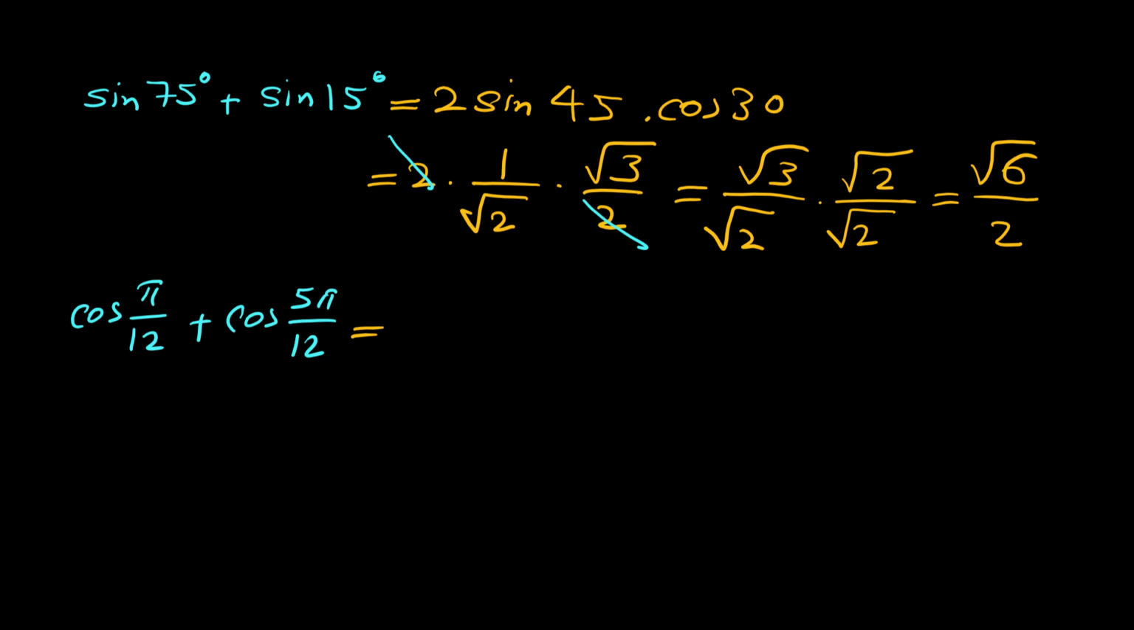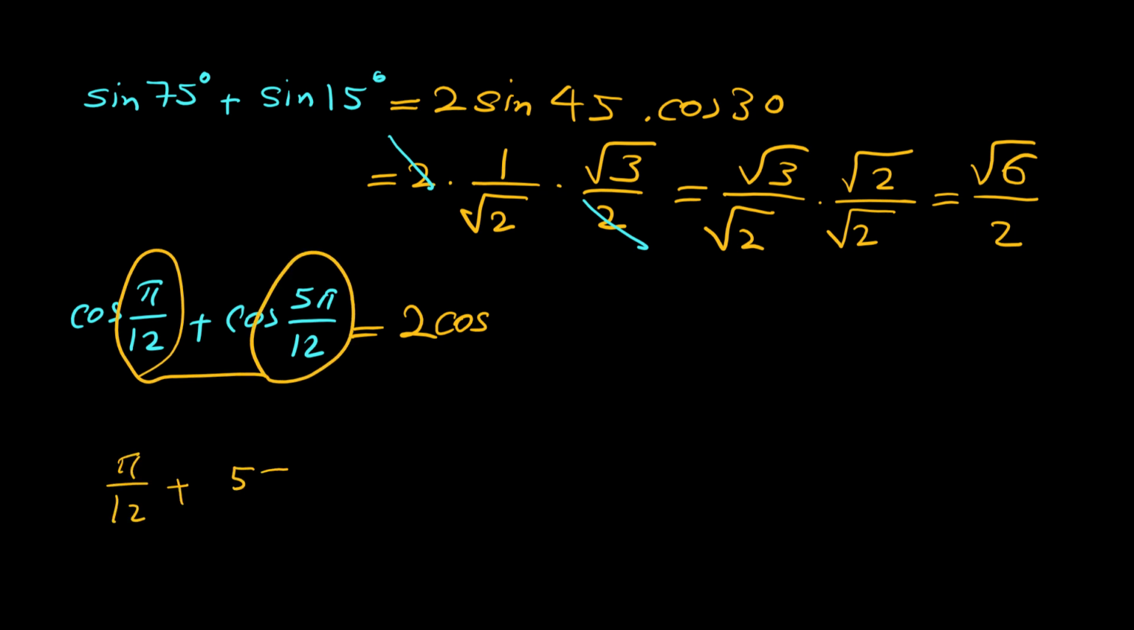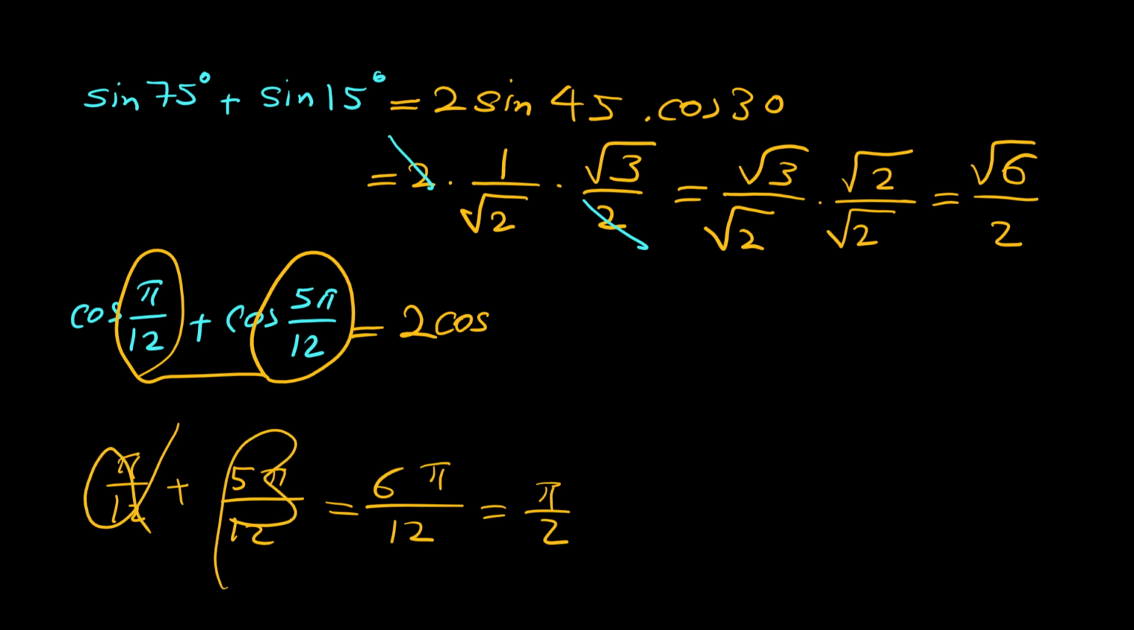we have 2 cosine. The sum of these two angles, pi over 12 plus 5 pi over 12, is 6 pi over 12, which is basically pi over 2. But don't forget, this is alpha, this is beta, and we have to find alpha plus beta over 2. So we have to divide this by 2. Pi over 2 divided by 2 would be pi over 4. So this equals 2 cosine of pi over 4 times